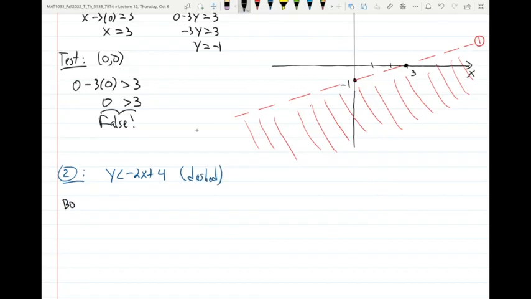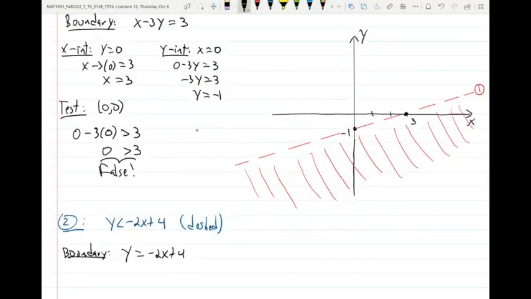And then my boundary plus y equals negative 2x plus 4. So let's draw that. The y-intercept is 4, so that's 1, 2, 3, 4. Then the slope is negative 2, so I need to go 2 down, 1 to the right to find the other point. So that will be here,